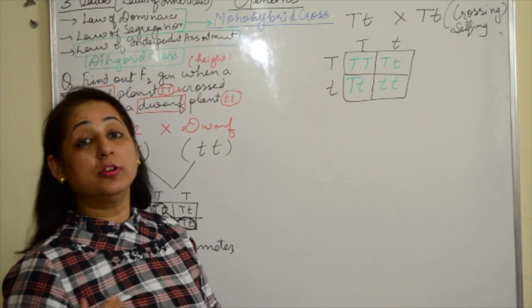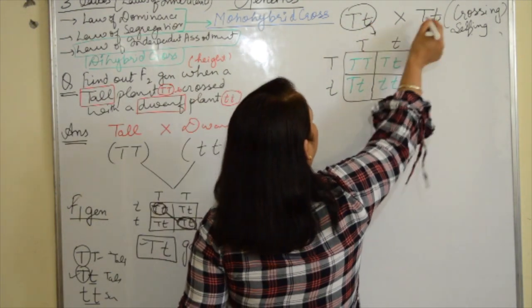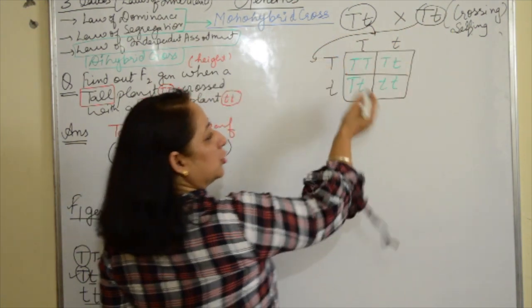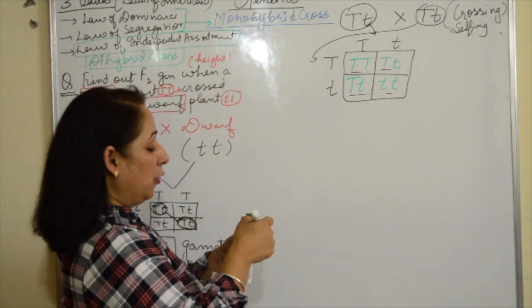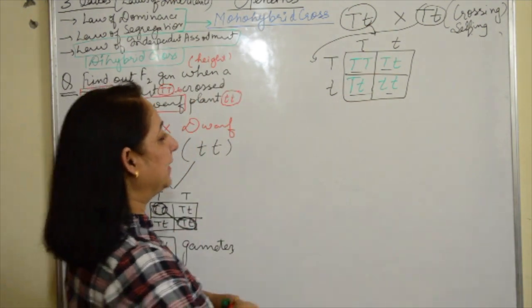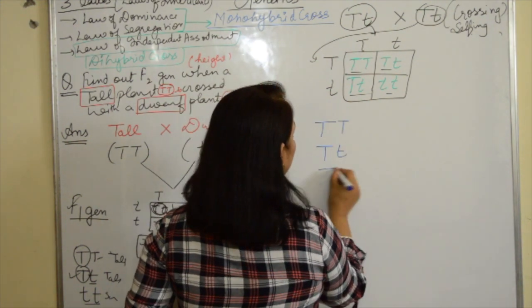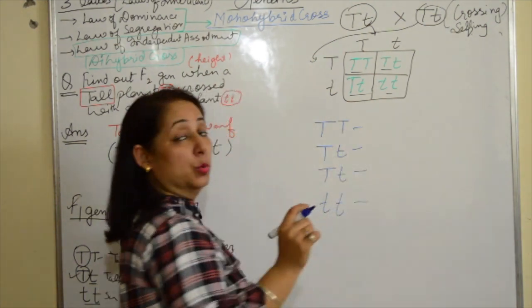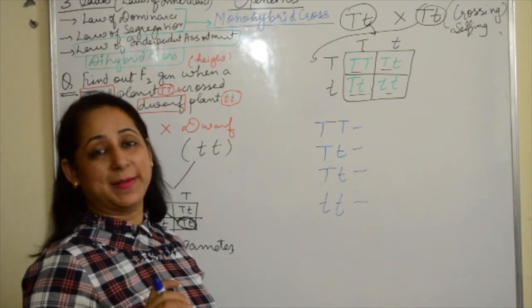Now we are going to find out the F2 generation. This written here, this written on the other side. Fine. So what do we get? Now he got these variations. What do we do now? We'll have to take them out. We'll write them like this. What do we get in all the four boxes? We are going to write them like this. And as I told you, in the presence of a dominant allele, the recessive is not going to express itself.